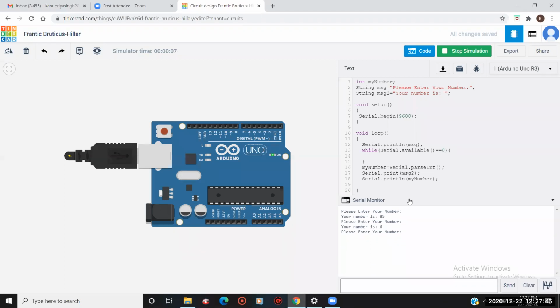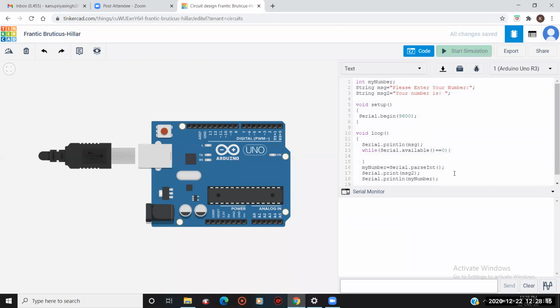Oh, what is happening here? Can you see this? I have entered 85.6. It's a decimal number, but it is showing me a positive integer only, and it is separating those numbers. It shouldn't be like this, right? I want to print the same number, whatever I am entering here, it should print like that only. Okay. For that, I have to change something in my coding section.